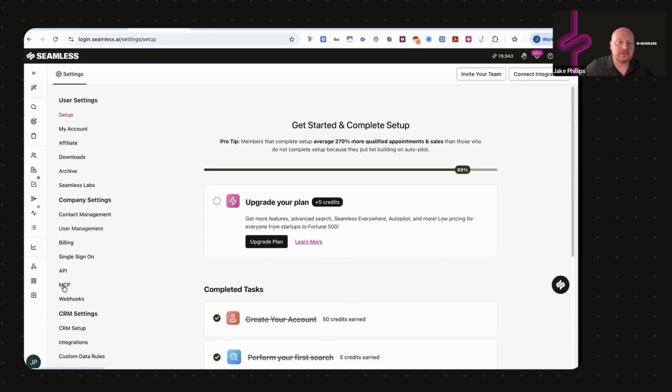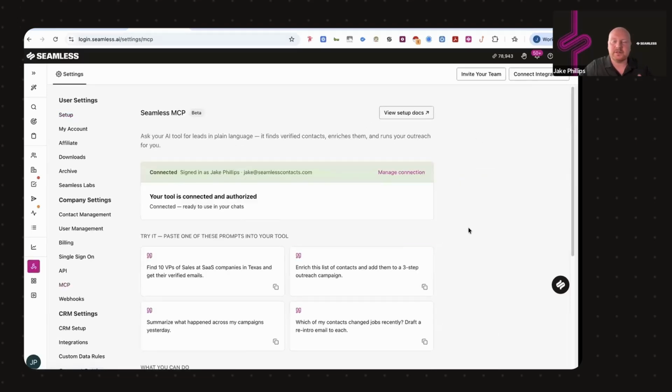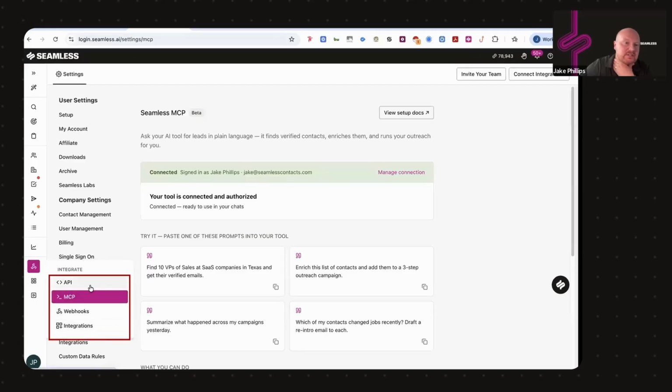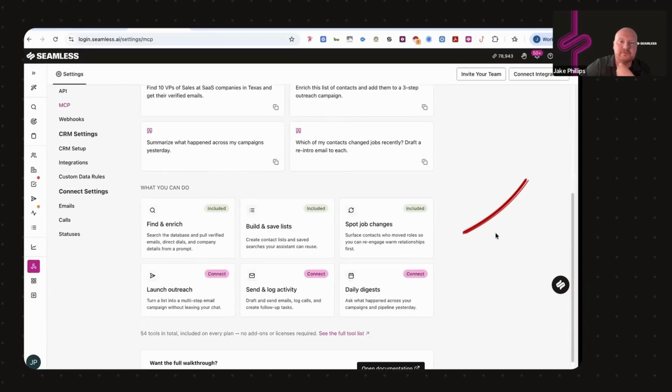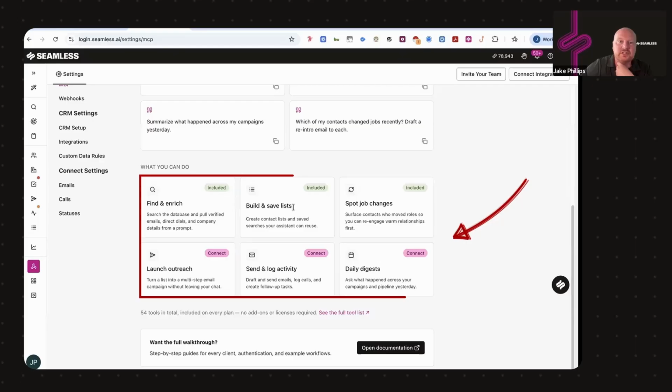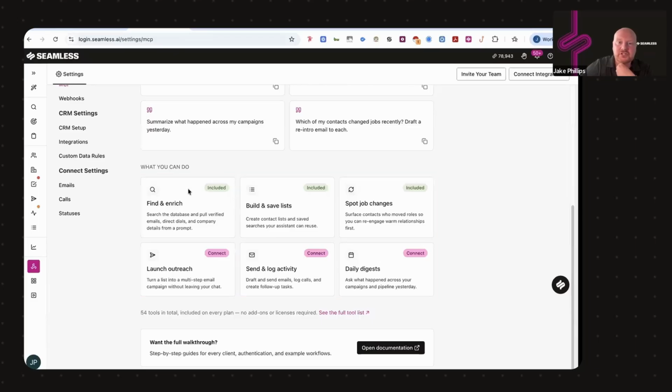Here, as I mentioned earlier, the MCP is over here on the left nav. You can click in the left nav and there's this integrate button that has the API, MCP, webhooks, or integrations, but you can click right into the MCP. And here's a lot of different things that it can do. It can find and enrich, it can build and save lists, it can spot job changes, it can launch outreach, it can send in logged activity. So the find and enrich could definitely become a part of that